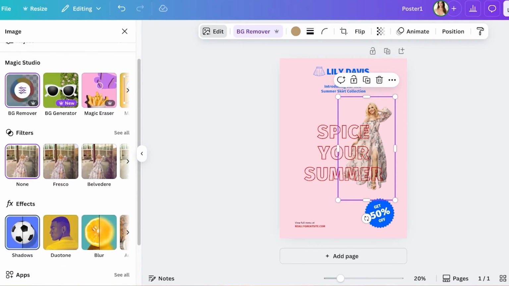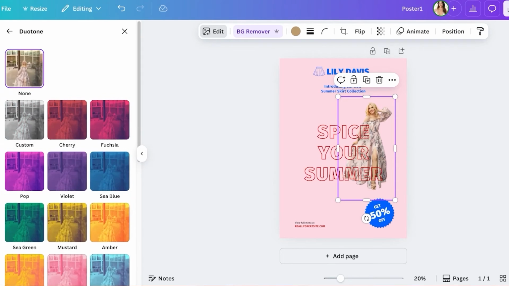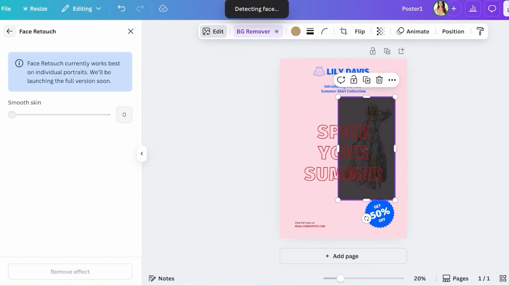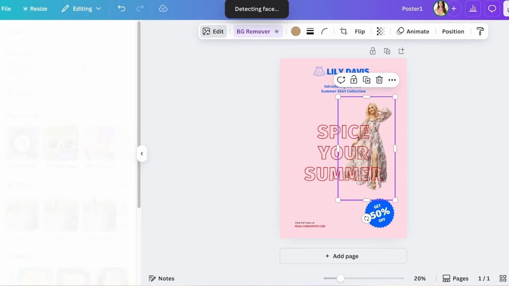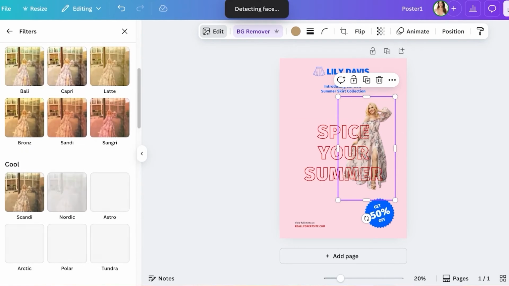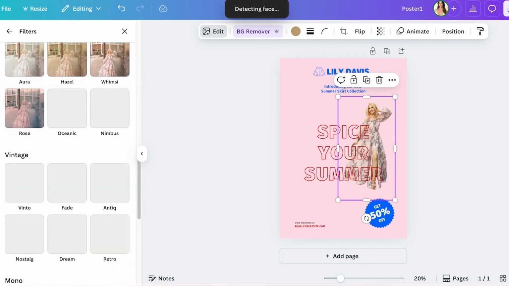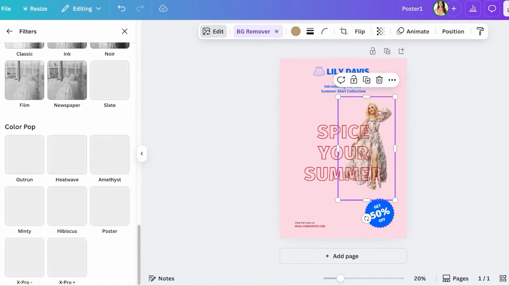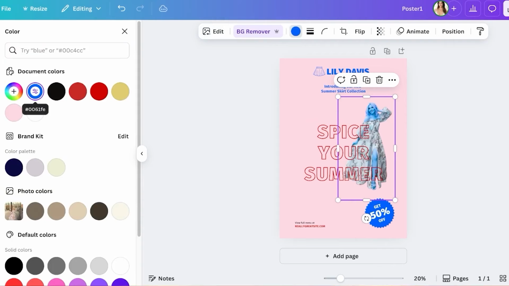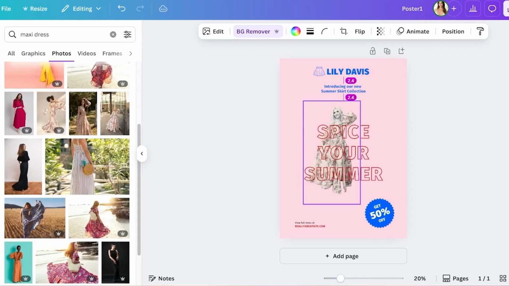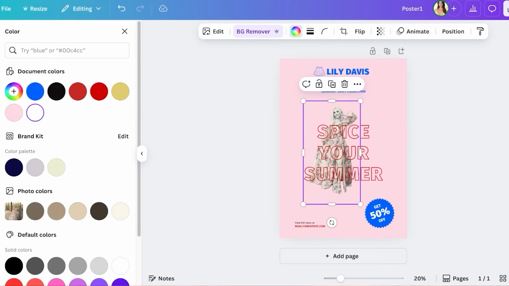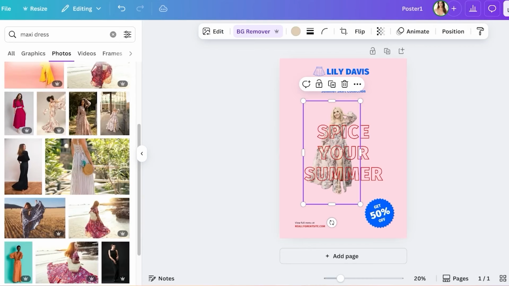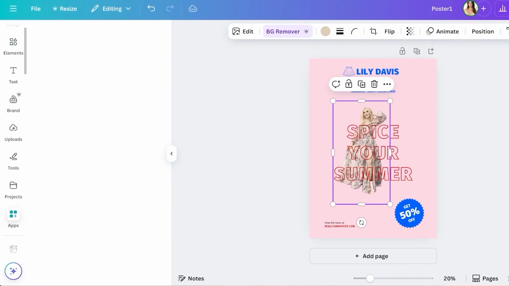So I'm going to go into duotone, and duotone is a bit intense. So I don't want face retouch. I'm going to go into filters instead. And I want to apply a filter where my image is basically colored in a blue scheme, in a blue coloring. So you guys can see if I just do blue from here, it looks really odd. So I can also use magic erase. If you have an iPhone, you can use that, and you can customize the way it looks by doing that as well. So currently I'm just going to leave it at the default coloring, and we're going to go into background remover,